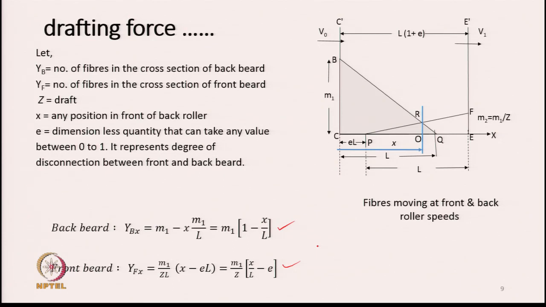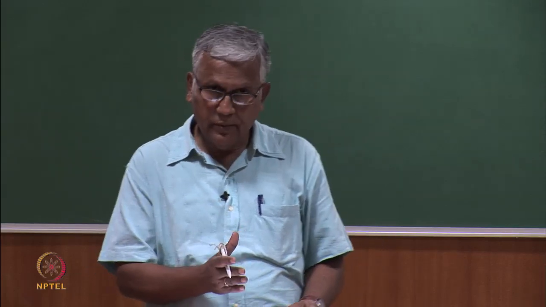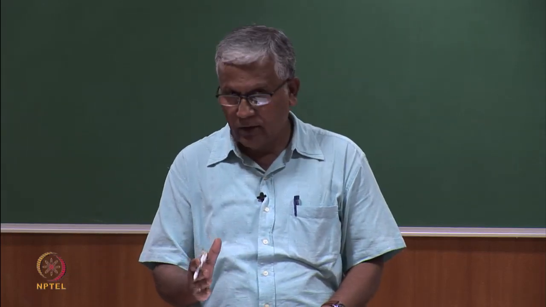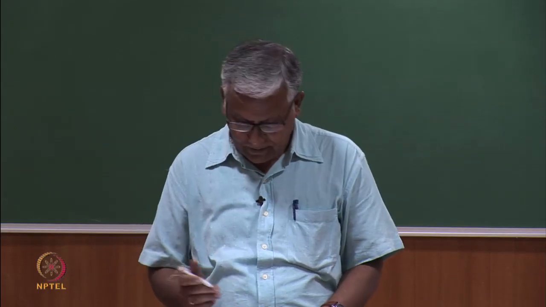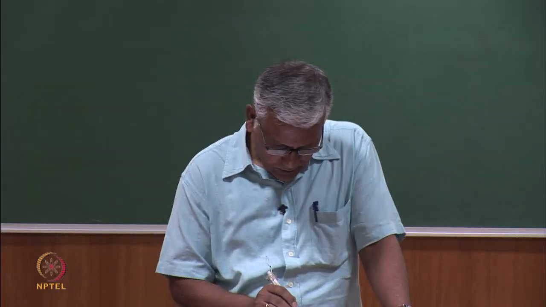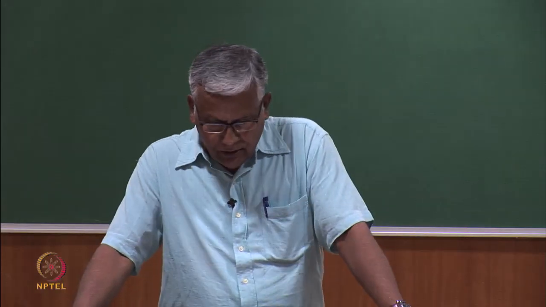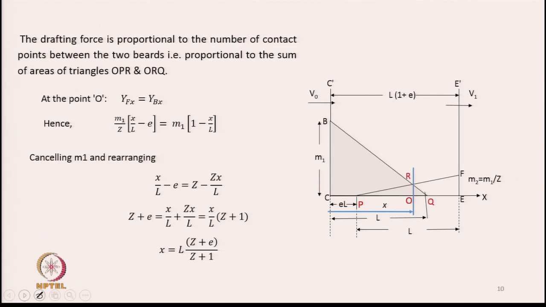So, these are the number of fibers in the cross section at a location x, fibers moving at back roller speed, or fibers held by the back rollers at a location which is x from the back nip. The same is true for the other group of fibers also. Now, if I know these two numbers of fibers, drafting force would be proportional to the number of contact points between the two beards, that is two groups of fibers, and hence it will be proportional to the sum of the areas of the triangles